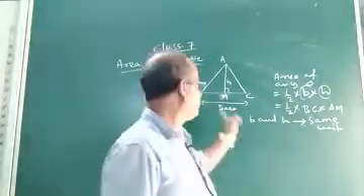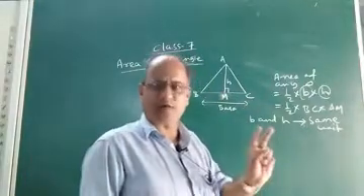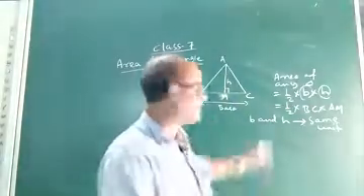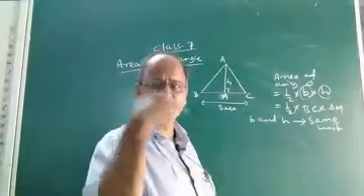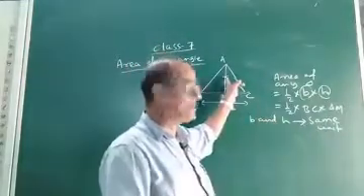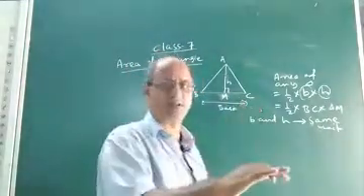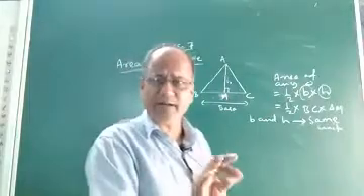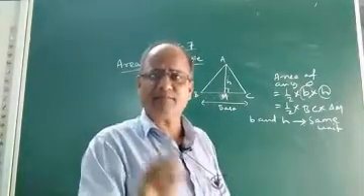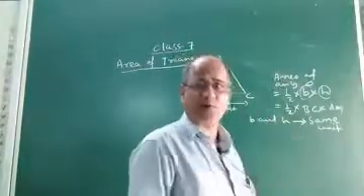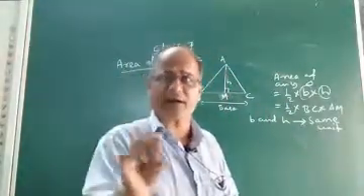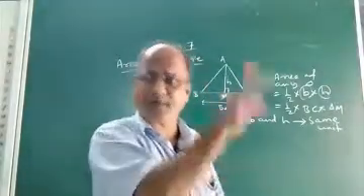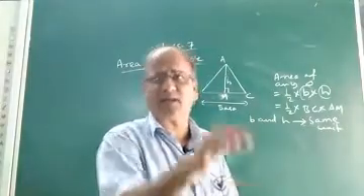Or you can say, sir, can we also express the base in decimeter? Yes, of course. If you do not want to change the altitude into meter, you keep it in decimeter, but the base is given in meter, so you must change it into decimeter. What I mean to say is that the base and height, both the quantities, must be expressed in the same unit. Then only apply the formula, so that whatever area is obtained will be correct. Otherwise, if you do not express both quantities in the same unit, and you apply the formula and find the area, then it will be wrong.